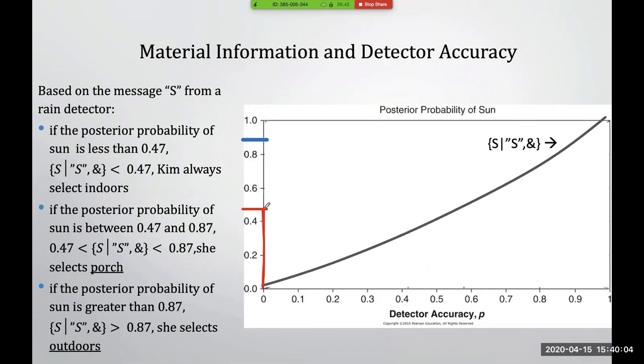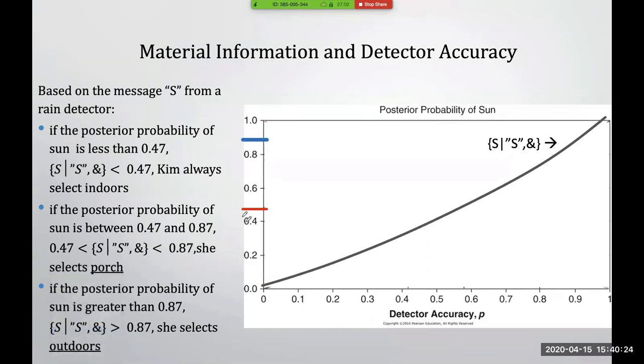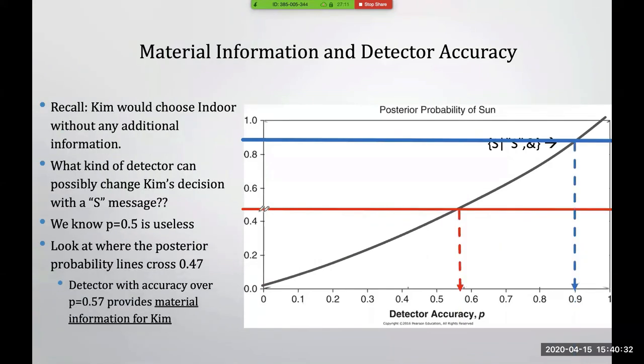And when the posterior belief is in this range, Kim would change her decision to porch. And when the posterior belief is in this range, Kim would change her decision to be outdoor. Then the question is, these posterior beliefs, what kind of accuracy do they correspond to? So what we can do is to draw a horizontal line. So for 0.47, and then write down, that is 0.57. So this number here is